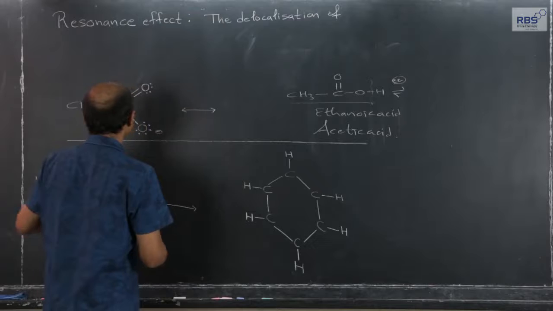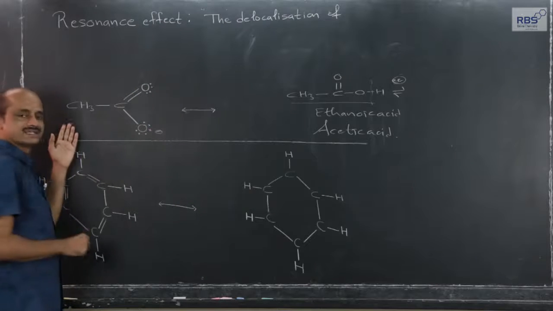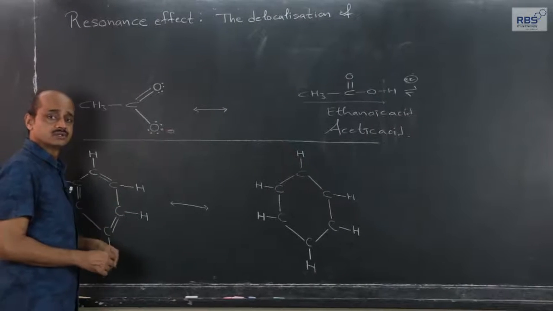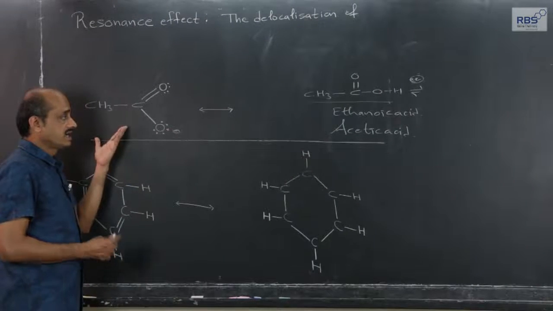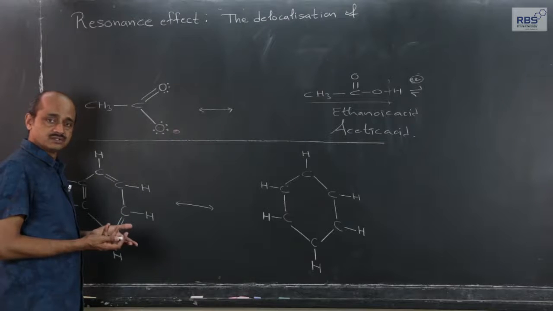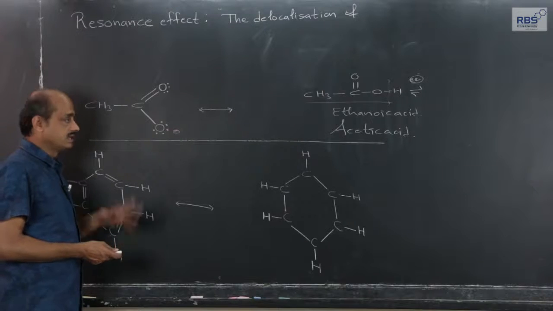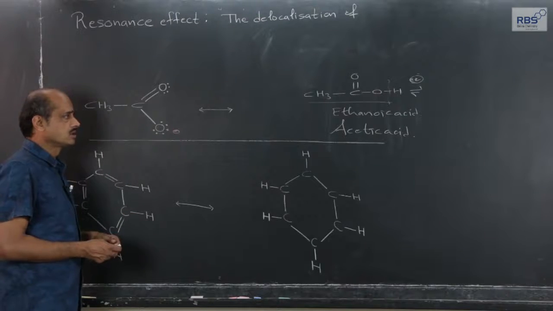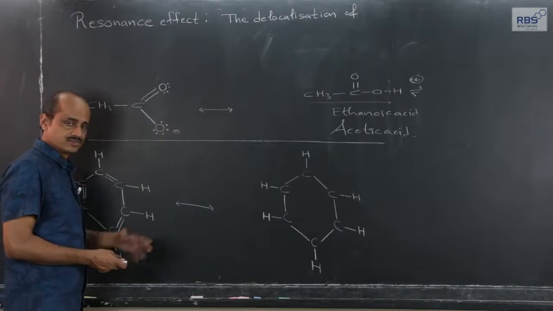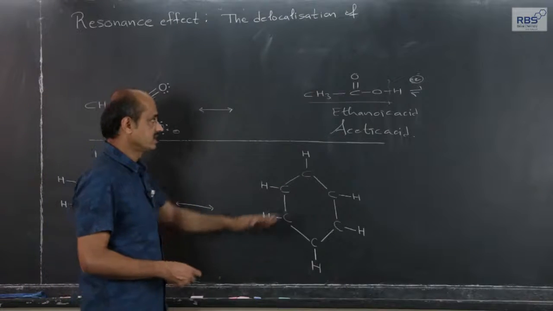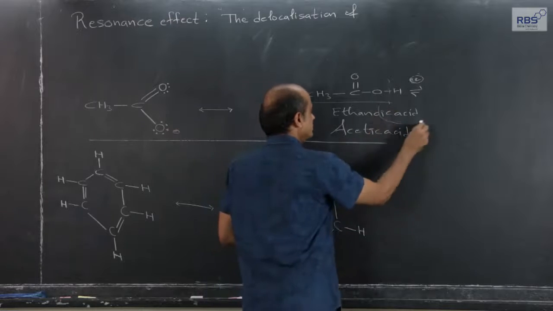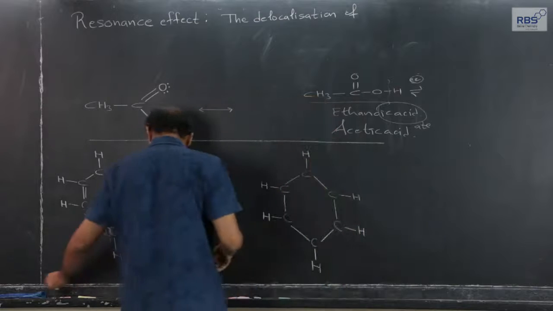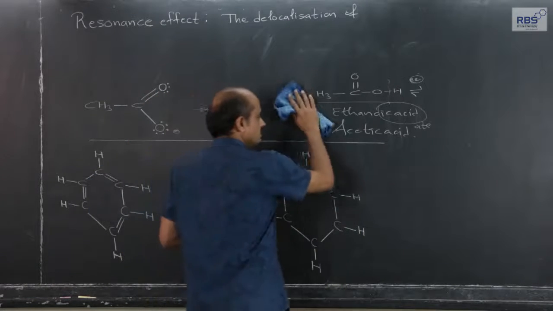Heterolysis takes place to give this acetate ion. This example of acetate ion I have chosen to explain resonance. I could have considered in general any other carboxylate ion. So, why not acetate ion or ethanoate ion, IUPAC, from ethanoic acid. From that, if acidic hydrogen is removed, the IC acid is to be removed and replaced by ATE. That is again a very preliminary part.